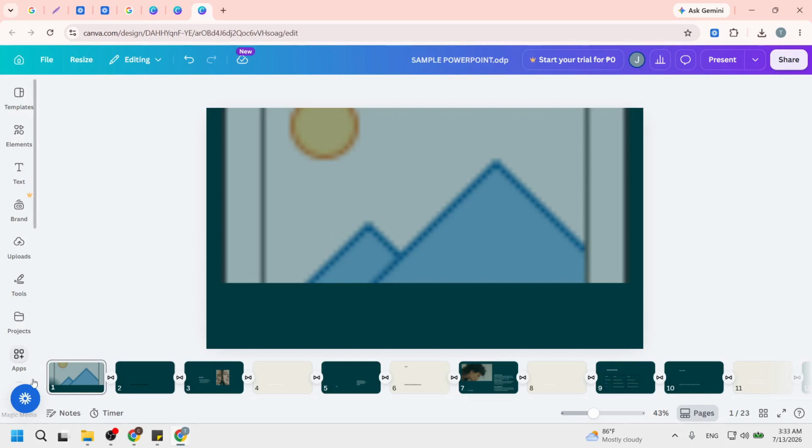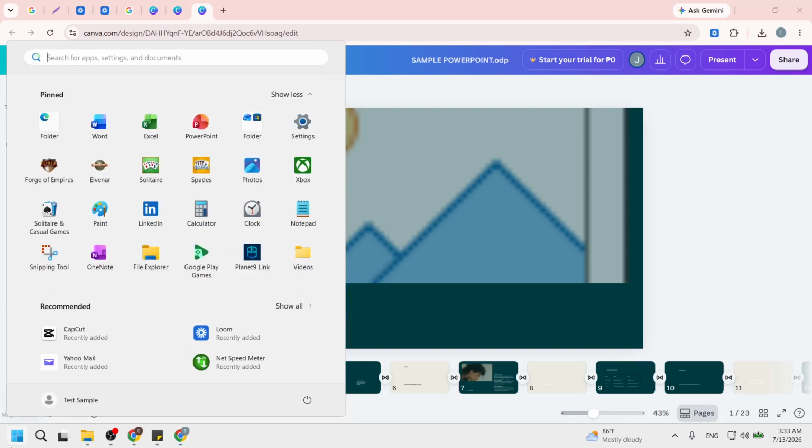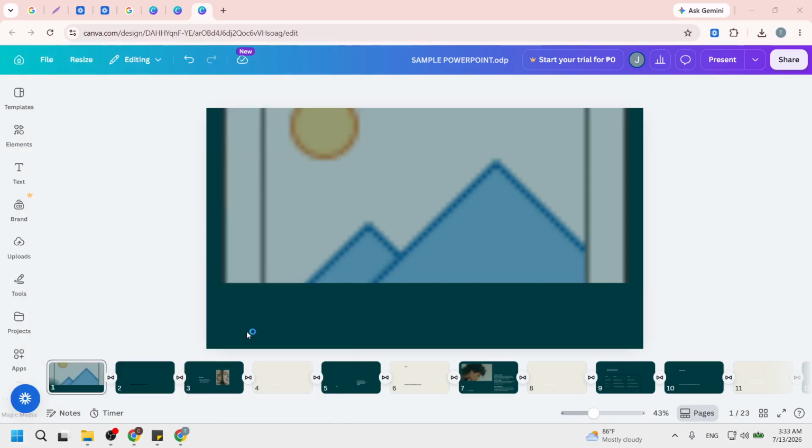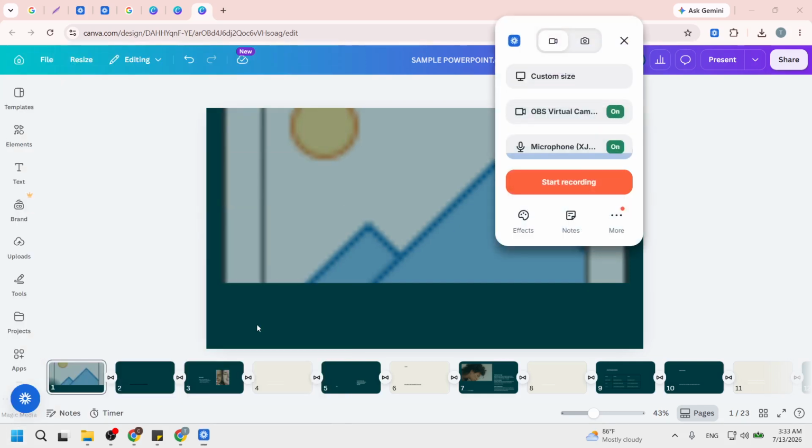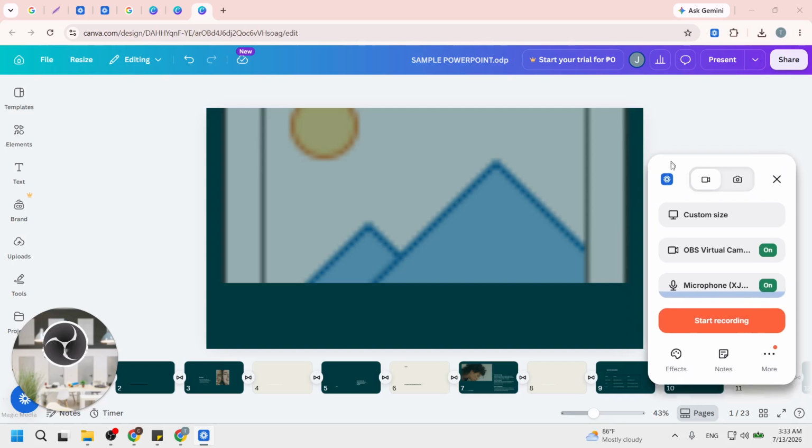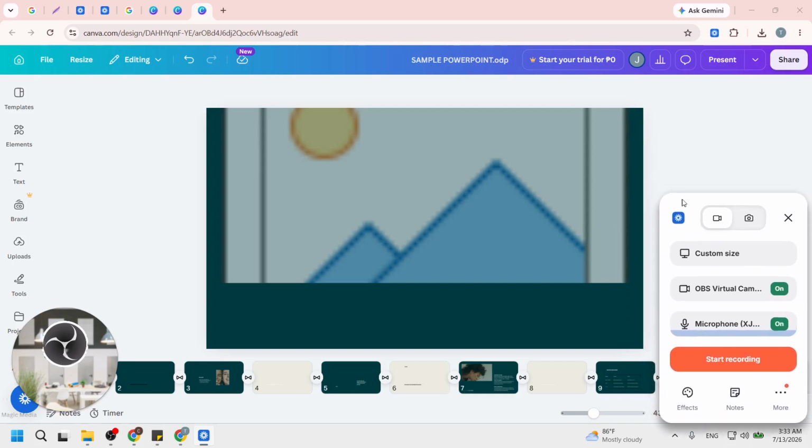From there, let's open the Loom desktop app. If you don't already have it installed, you'll need to download it first from the Loom website. Once it's open, the app will appear on your screen, displaying various recording options. This is a critical step because Loom allows you to capture your screen and your voice simultaneously, making your presentation more dynamic. Make sure that the app is running in the background while you prepare to record.